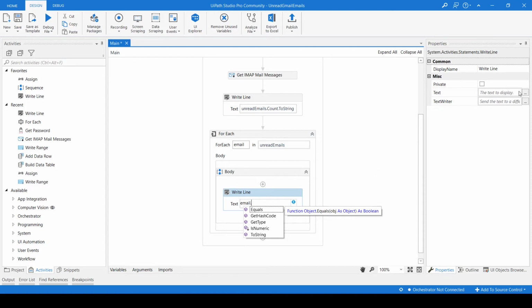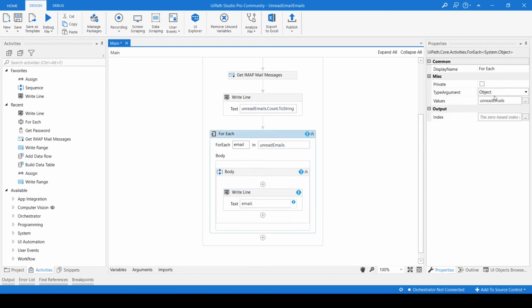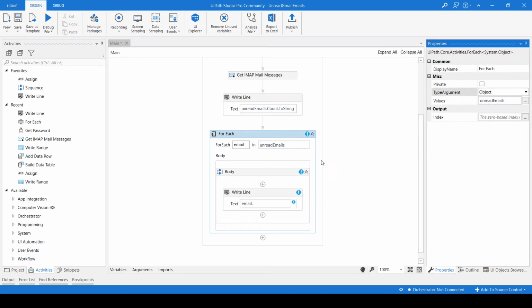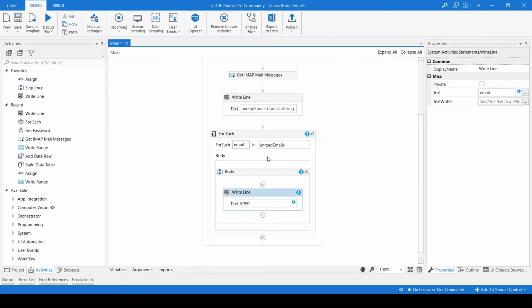Since this is object type, all the emails are held in one object, and it is not differentiating or understanding what the subject is, what the date is. It is not storing them as separate properties or variables inside, so we are not getting those properties here.